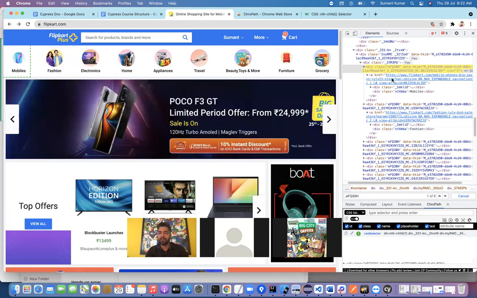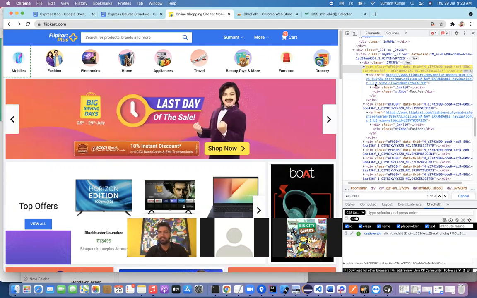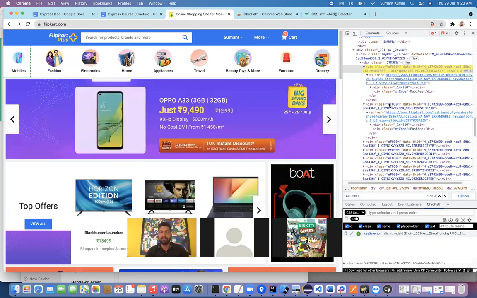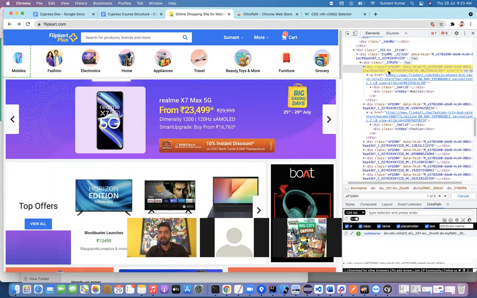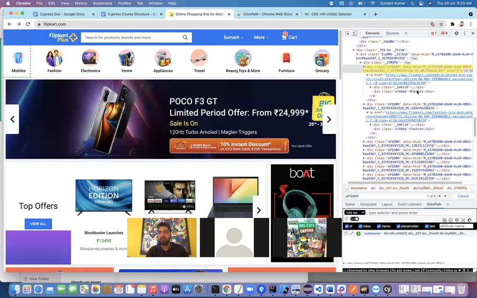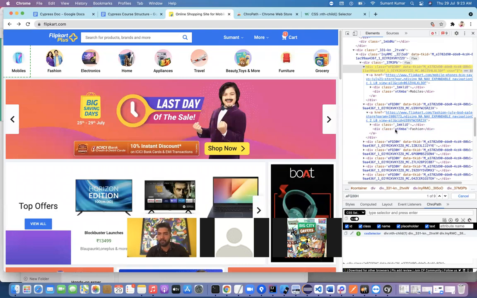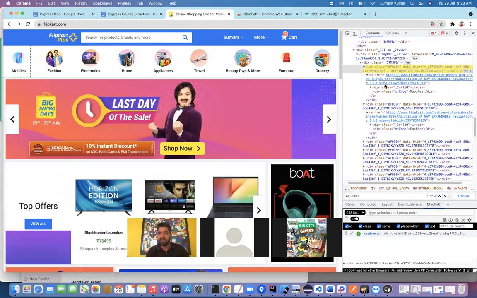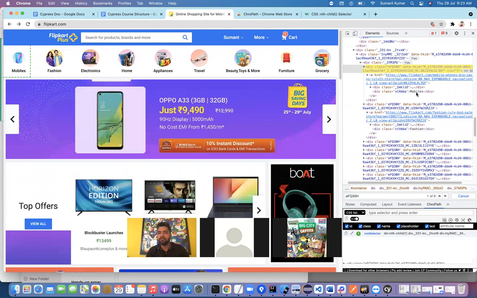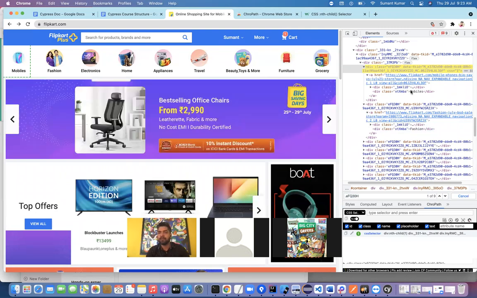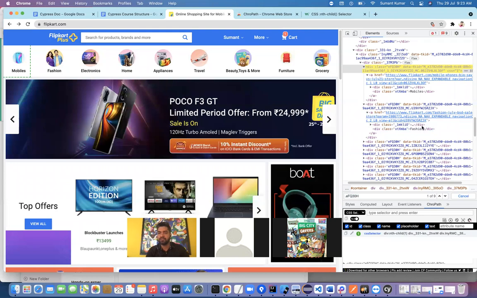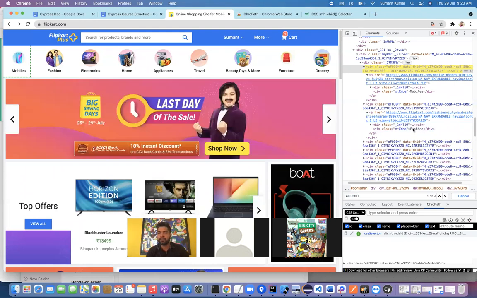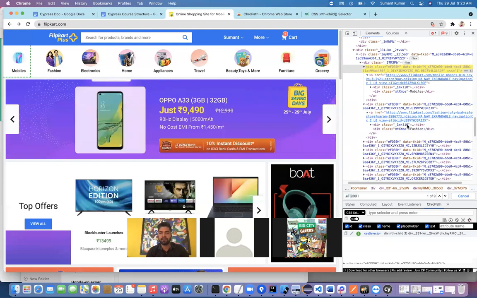So the concept is the same one. You have to use the for loop, and let's say it could be 10 elements or 9 elements, doesn't matter. It will go through every element one by one, and there I will write the condition. Once I reach the first element, I will use this dot get text and validate with the mobile. Let's say I want to click fashion. So it went to the first element and validated. Here is the mobile, but we want fashion, so this comparison failed. It will go to the next and compare with fashion. It matches, so we get the return value as boolean true, and that time it will go and click here. So this is the concept.